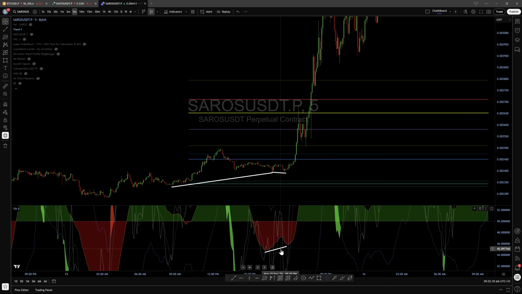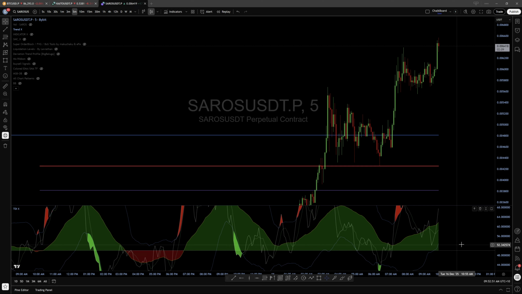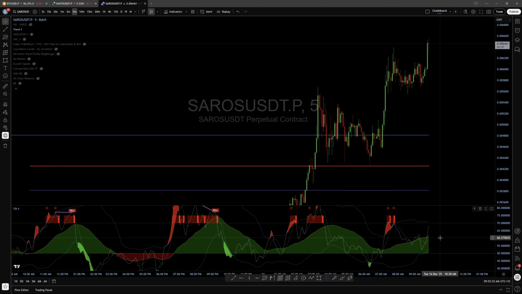And that was a double divergence, hidden and regular. And then look at what it did right after that. See that? I'm not just saying divergence, because that's something I do. It actually works as confluence, not really as your entry trigger. But,